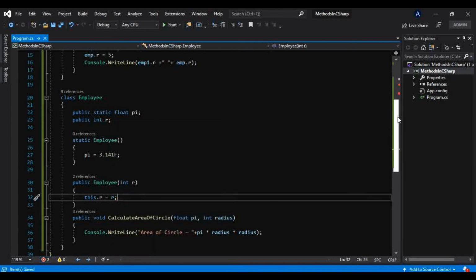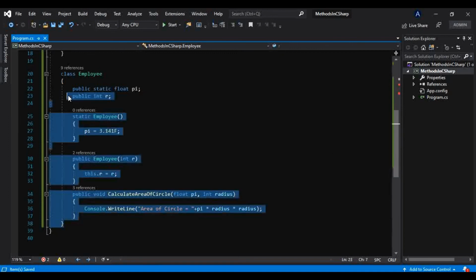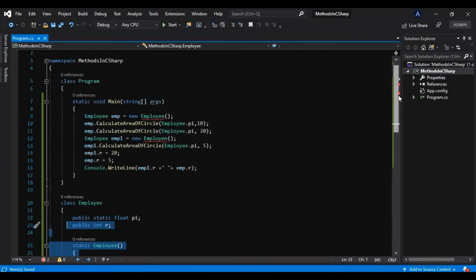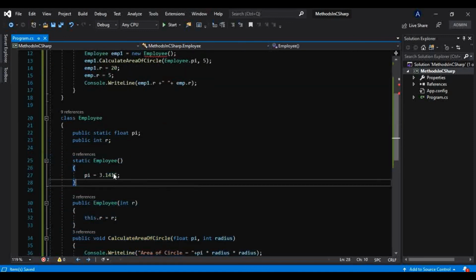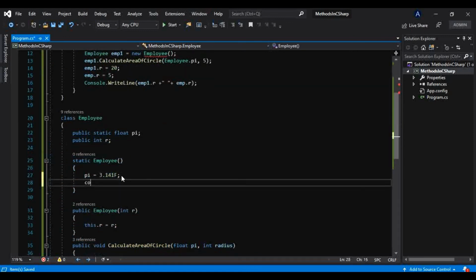The program will be the same, but I will print one message. That is Console.WriteLine, "static constructor invoked".